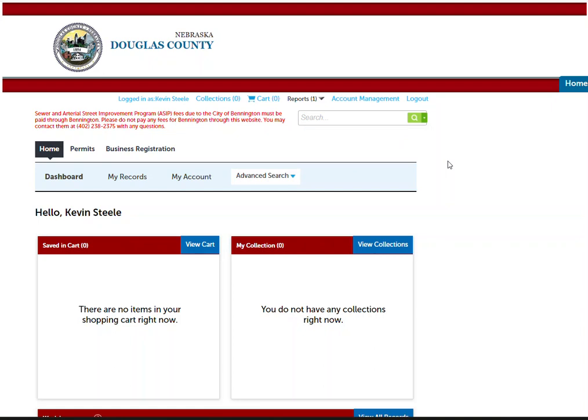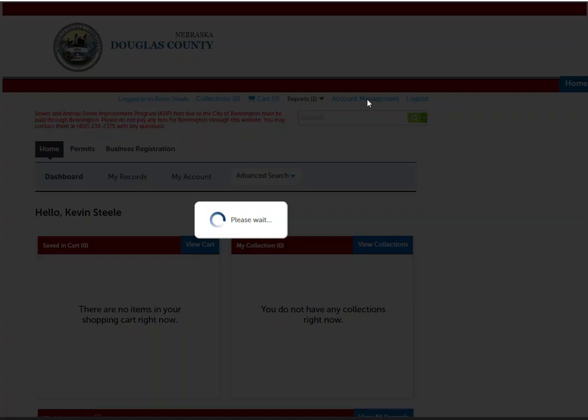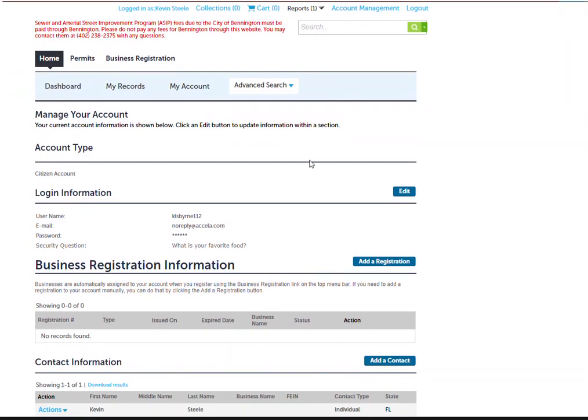Okay, so we're all logged in, we've registered for our account, and the next thing I want to talk about is the account management screen. You can get to it from two places here. You can click the account management link up top or the My Account link down here in this submenu. I am going to click the account management link up top, and it will show you the account management details